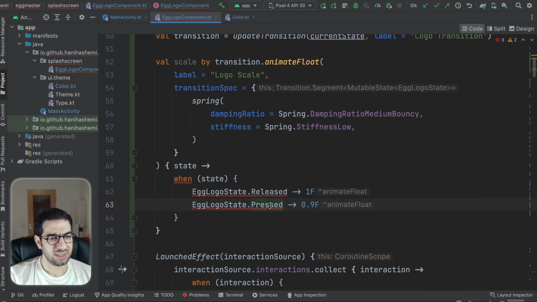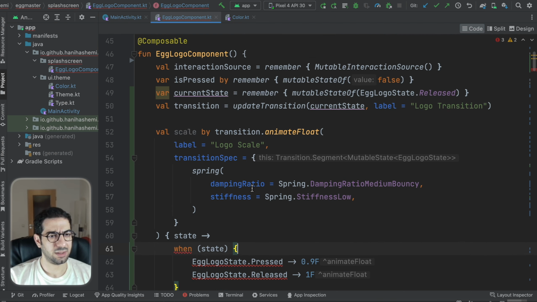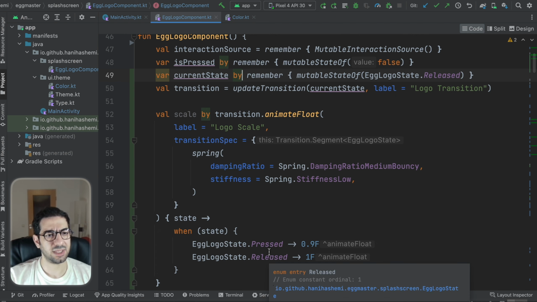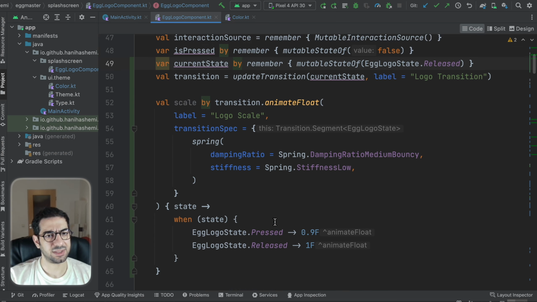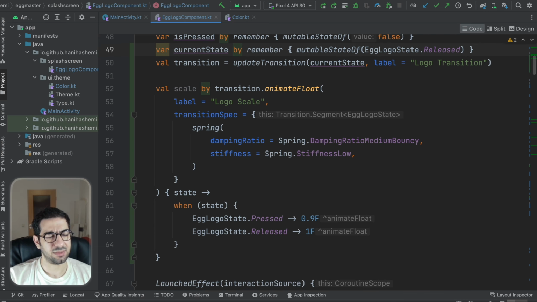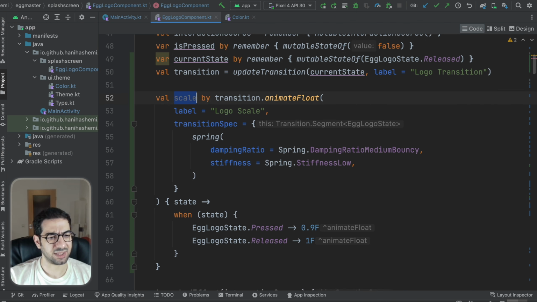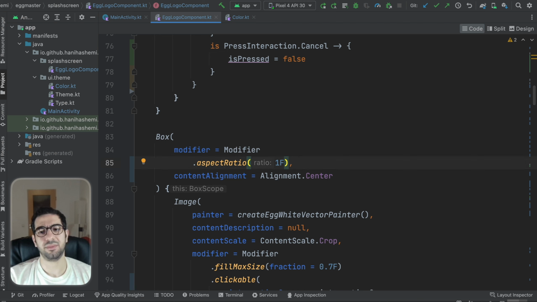So it seems that we have two states. What is the problem here? Let me check. Okay, so I guess here I have to use by, otherwise I have to go through the value itself. But by adding this by, we don't need to have this wrapped mutable state, and we can just set the perfect. So we have the scale, and how I'm going to add it into my box is that